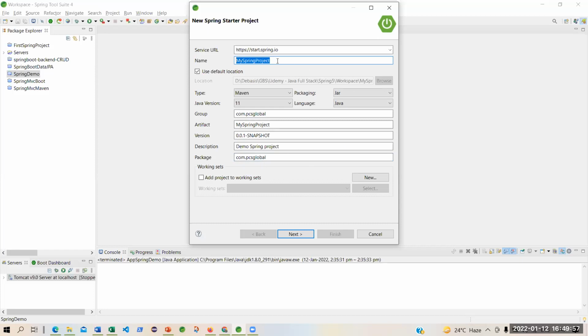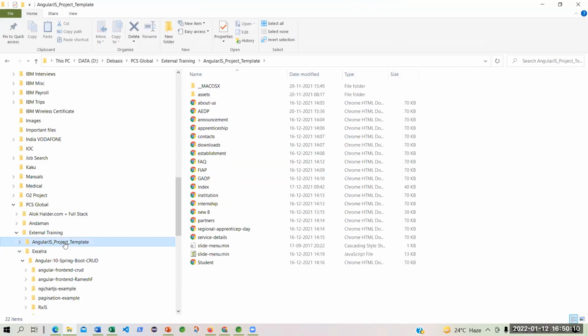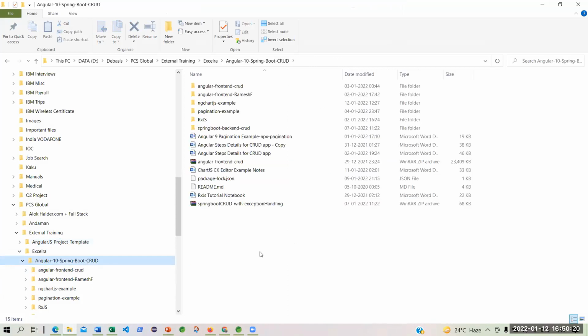But wherever you are creating this project in a particular folder, let's say this is your project folder, but your project name is, say, Angular 10 Spring Boot CRUD. This is the project folder. But what is your project name? You see, this is my project folder, but my project name is Angular Frontend CRUD.